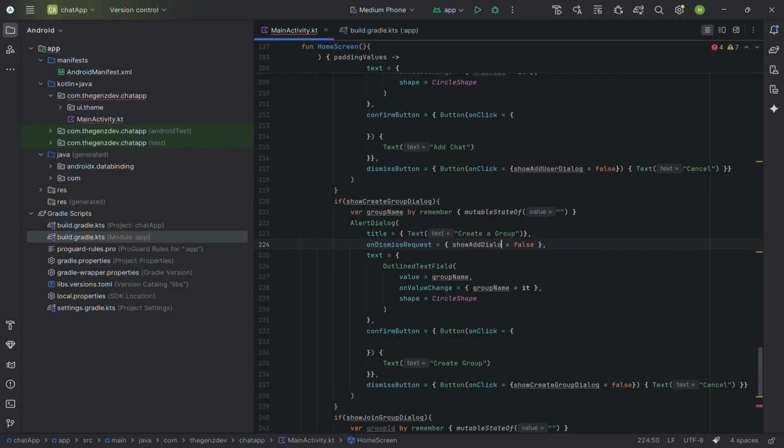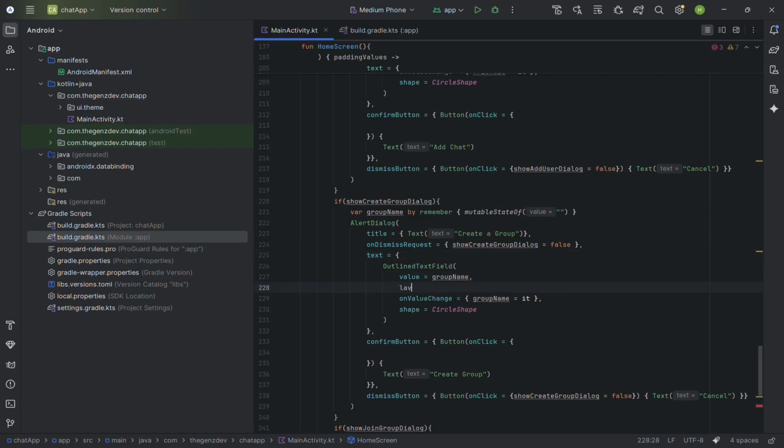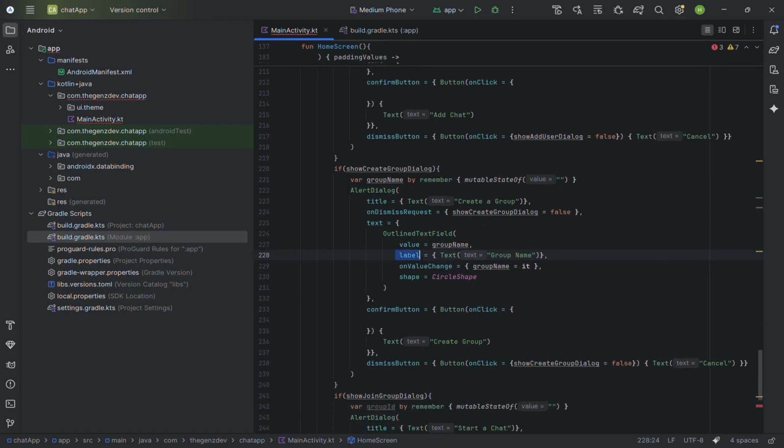Show create group. Okay, so group name by remember mutable state of empty, and title is create a group. On dismiss request, it's gonna close, and the text should say all this. And we just forgot the label. What the hell? Okay. So this label would say group name. Simple. And the others would say,